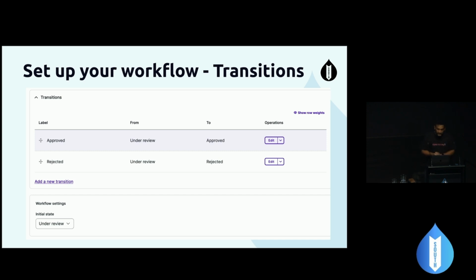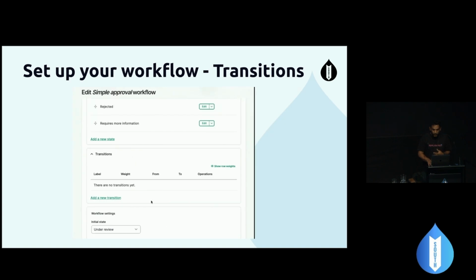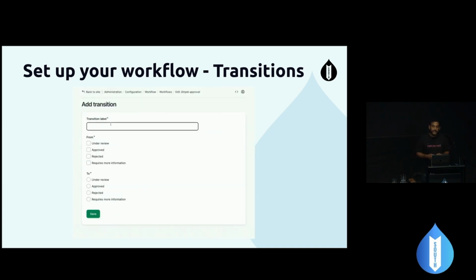So a transition is just a pipeline that lets you move a submission from one state to another. A transition is changing a piece of content, or we're going to use it for a web form workflow. So a transition is changing a web form submission from one state to another. So how you would set up your transitions, you're on the workflow admin screen again, you just choose add a